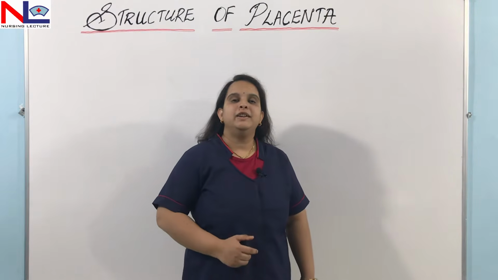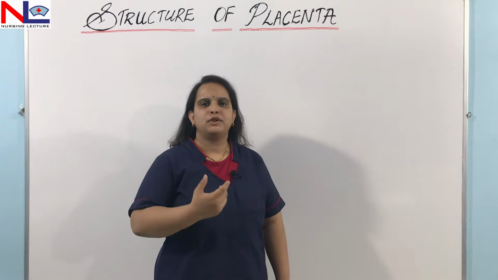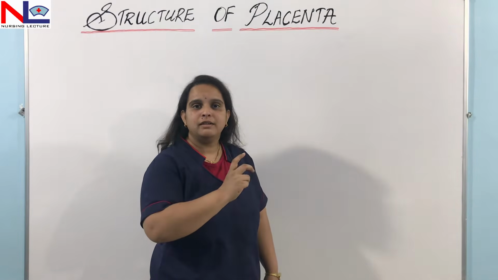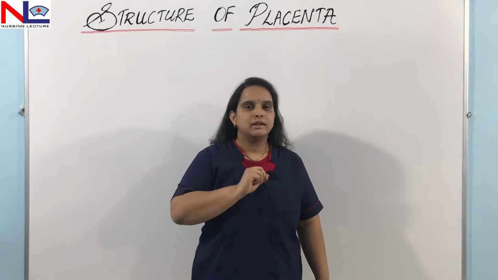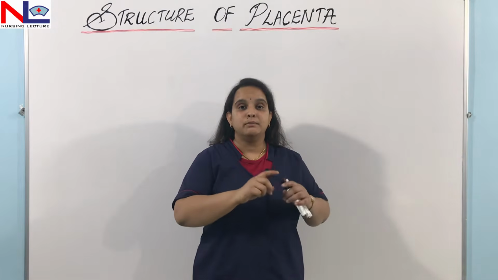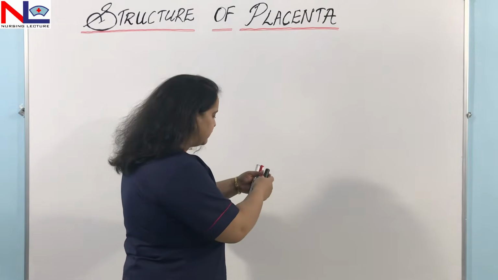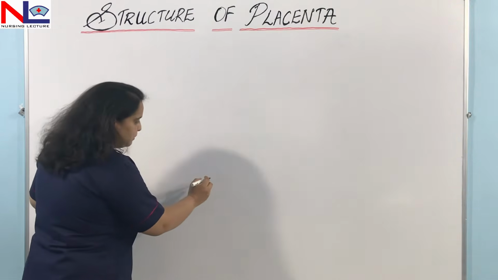Okay, let's see the internal structure of placenta here. So placenta is made up of two plates, that is in inner there is a chorionic plate which is facing toward the fetus, and the outer one is called the basal plate which faces toward the maternal uterine wall. So let's see here how I am drawing the diagram in an easy manner. So there it is the chorionic plate,